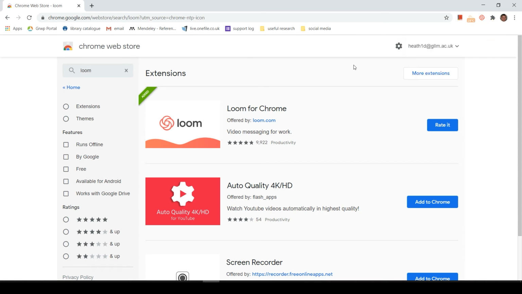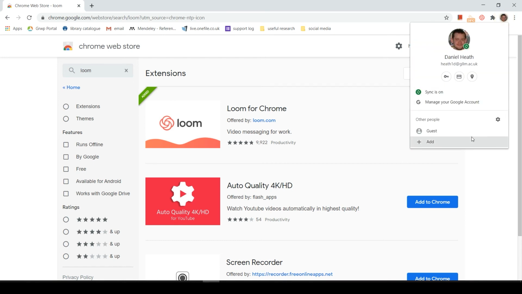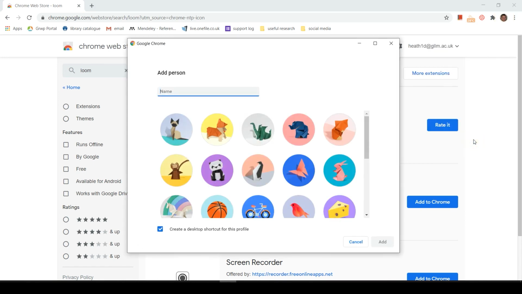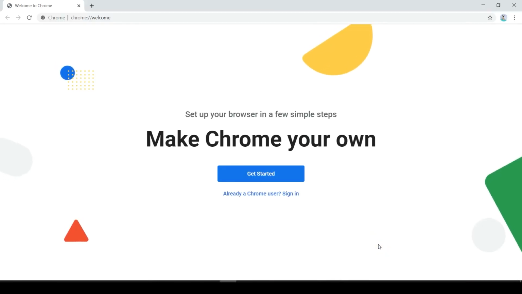If multiple people use the same Chrome device, it is still possible for each of you to sync your accounts. Clicking your user button enables you to add other people. Type in the name of the second user and click Add. And they will be greeted with a blank Chrome window of their own, with which they could sign in themselves